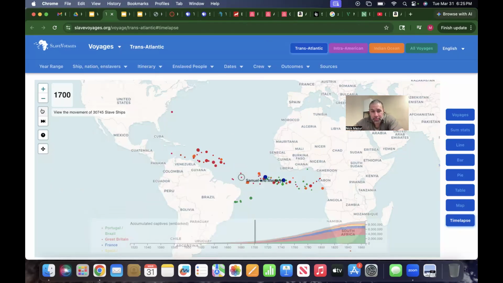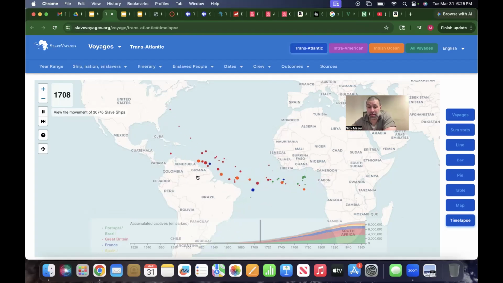But take a look at this, see what you think, right? Notice where all the slaves are coming from. Ghana, Cameroon, Gabon, Angola, Congo. Look at where they're going. Brazil, the islands, and then a couple go over here, and then a lot go to Mexico, right? What are they doing there? Well, they are labor, right? There'd be no need for all of this unless there was a labor demand.